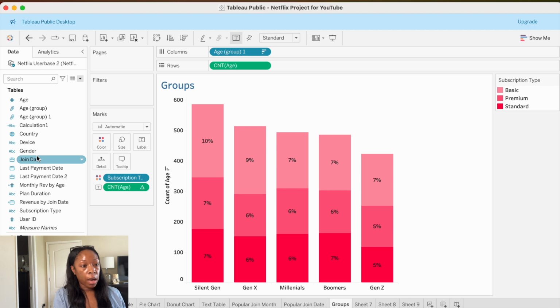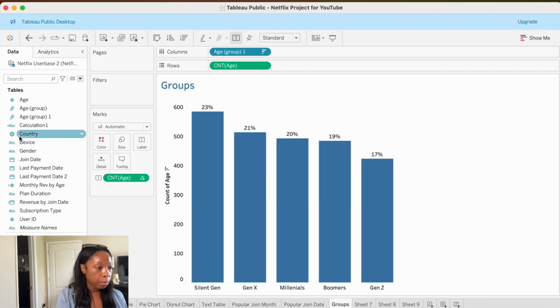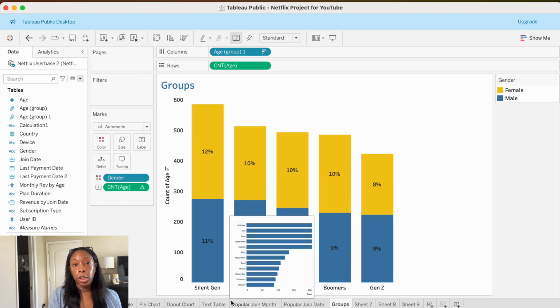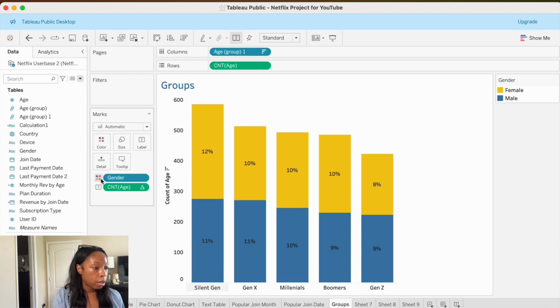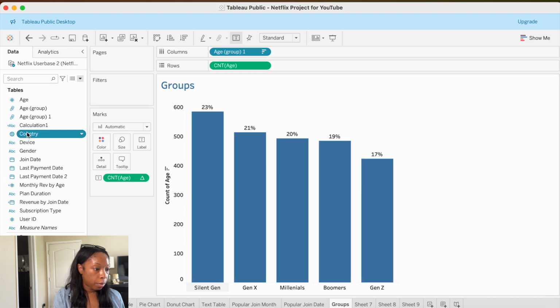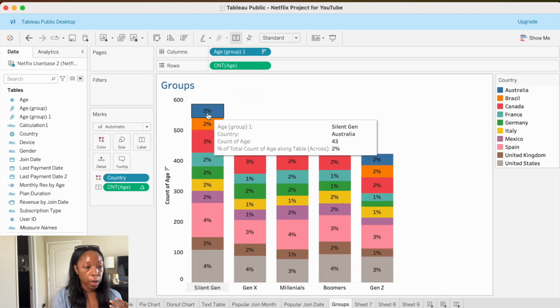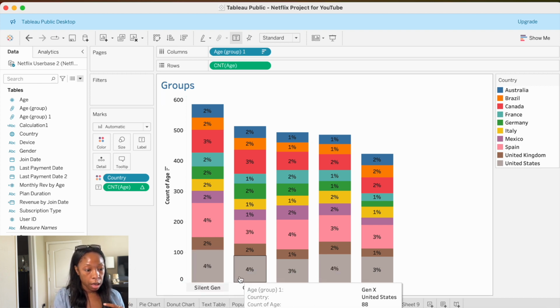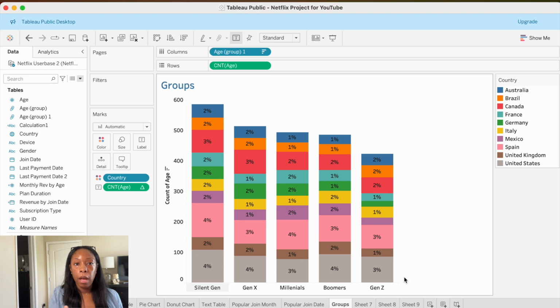And you can change this around, like instead of showing subscription type, let's say if we wanted to see gender in color, we can see what percentage of our generations, by generation, are female or male. You could also change that and do it by country if you wanted to see what percentage of our subscribers are coming from a specific country. And it looks like for all of them, the majority of them are in the US. So just different ways to go about analyzing the data,